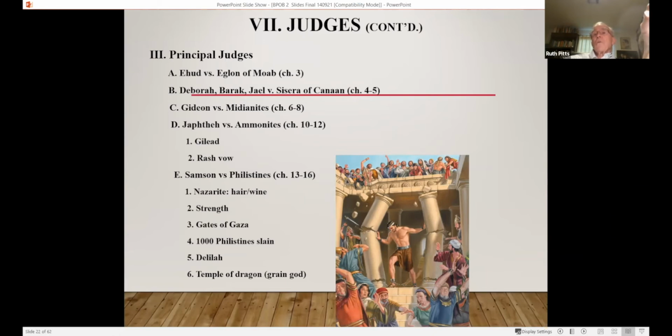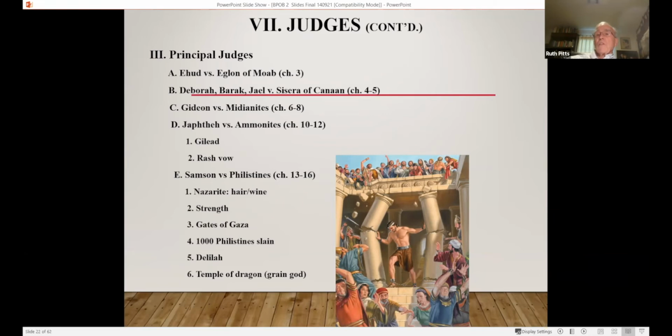Deborah is one of the more influential in the sense that there are 2 accounts of her success against those local Canaanites. The 4th chapter is a narrative, but the 5th is a poem. And a lot of Old Testament scholars believe that is the oldest bit of the Old Testament that we have, that it was written at the time that she had defeated the Canaanites about 1150 BC. So, but what you see here is all these different enemies of the Israelites, and these folks giving relief from them. So that's what we mean by a judge in this book of the Bible.